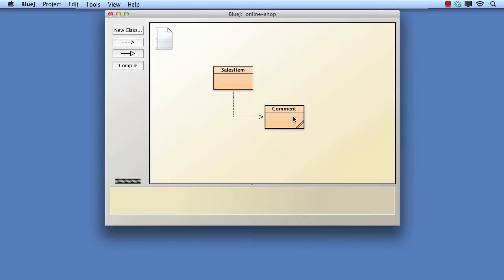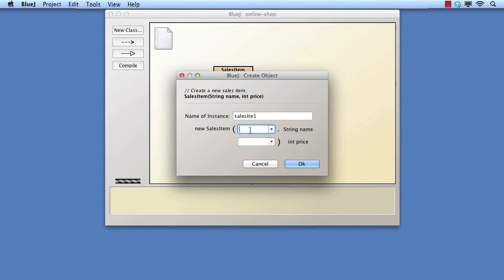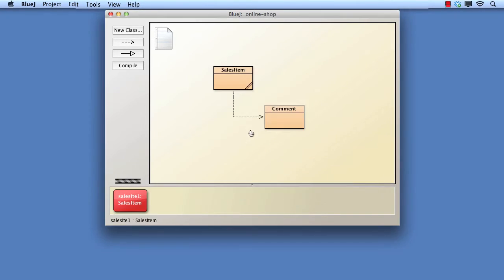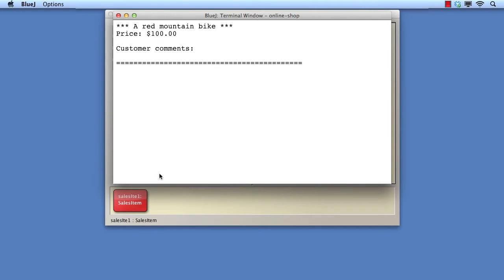Let's look at the basic functionality. We create a sales item. A call to show info gives details in the terminal window.